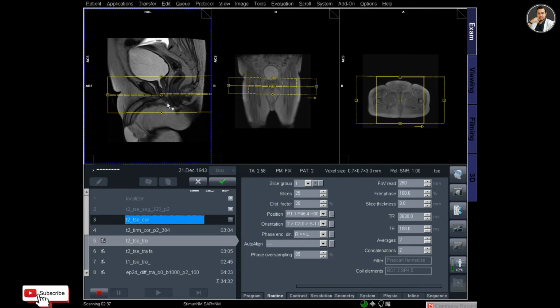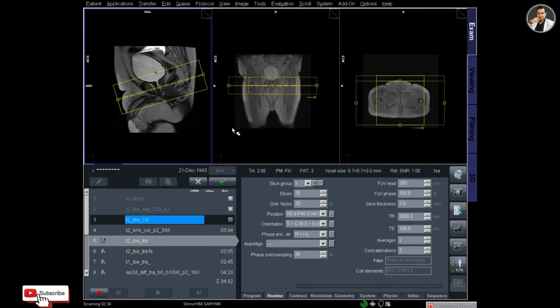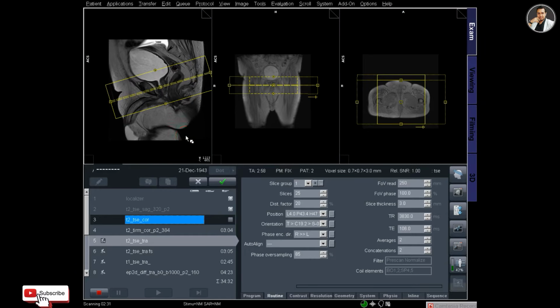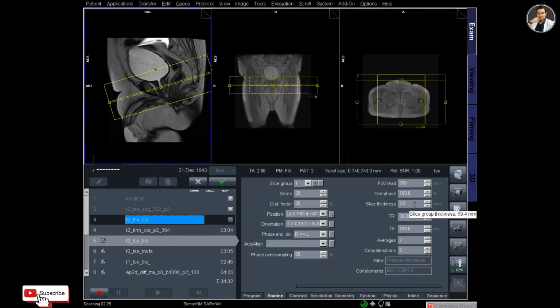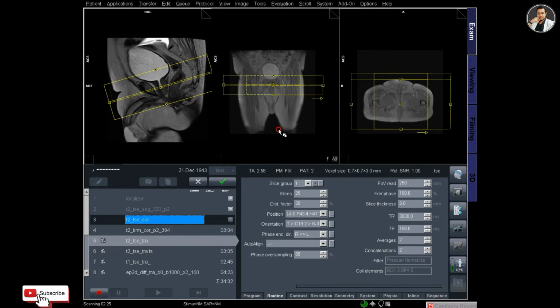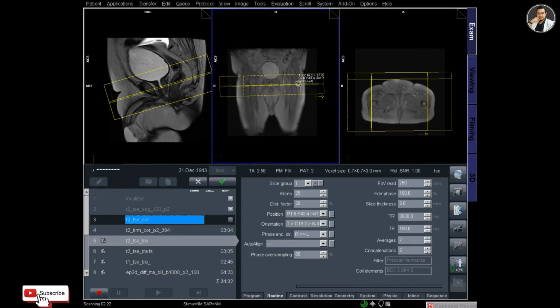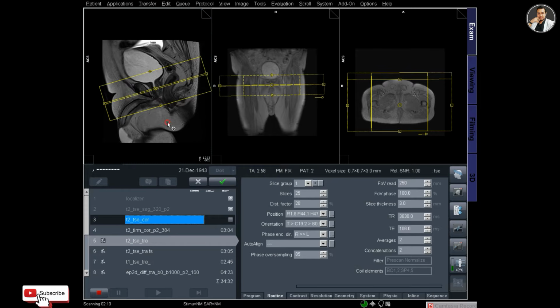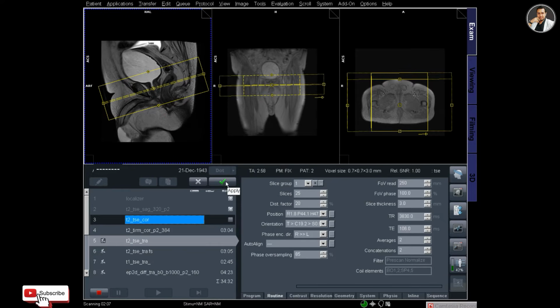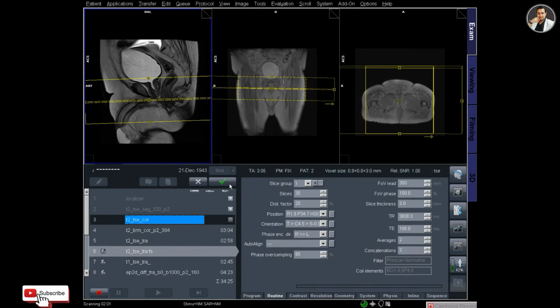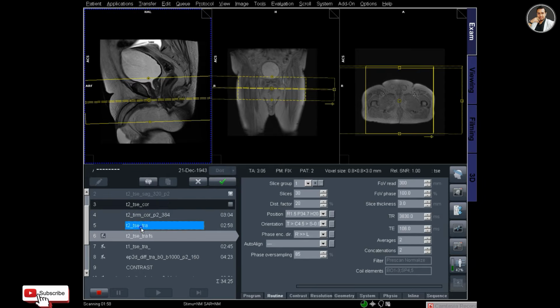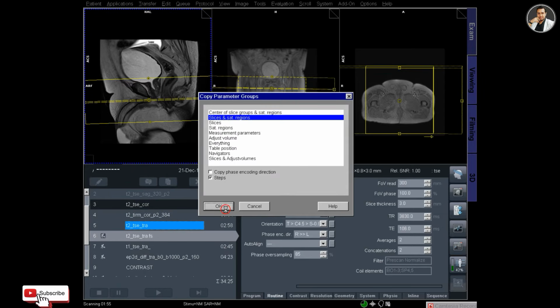And now T2 transverse sequence opened, and I'm planning over the T2 sagittal, and for this plan the slices are perpendicular to the long axis of the prostate, and then click apply after the planning, and copy the plan for the rest of the transverse protocols from the T2 transverse.